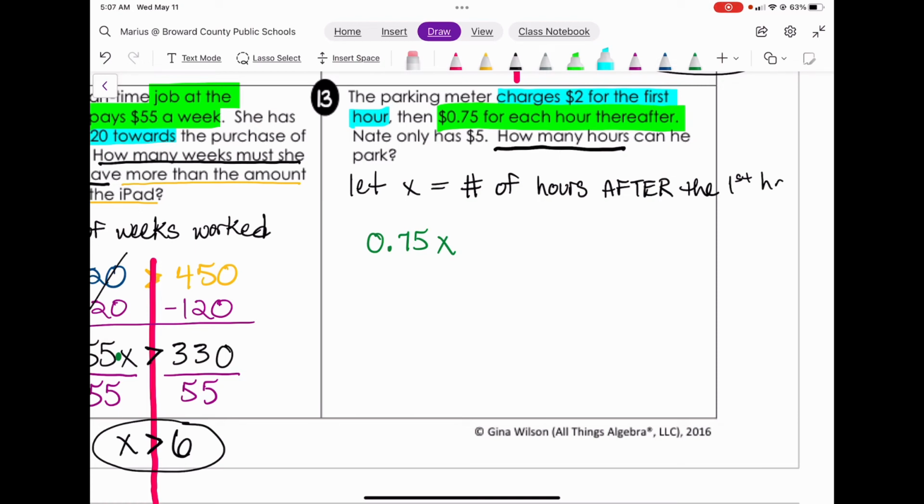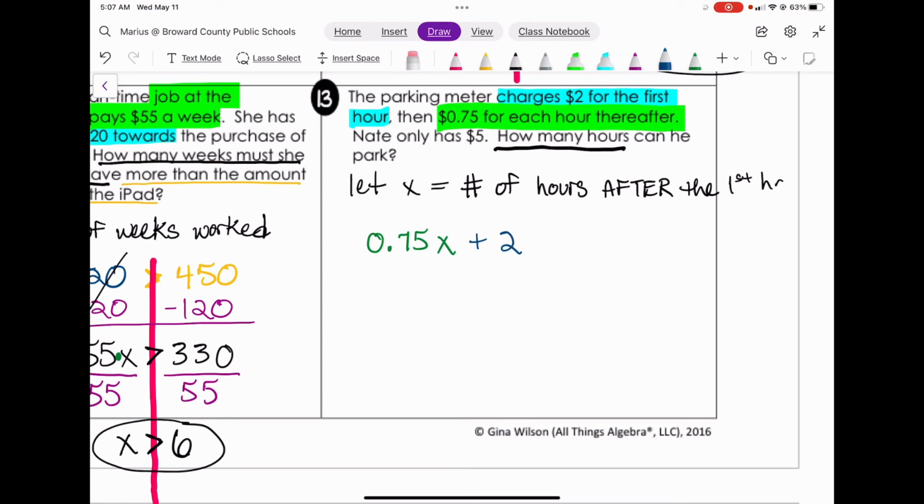And after you go over an hour, then that's when they charge you 75 cents for every hour after that. But no matter what, you have to pay $2 for that first hour, regardless. Now,